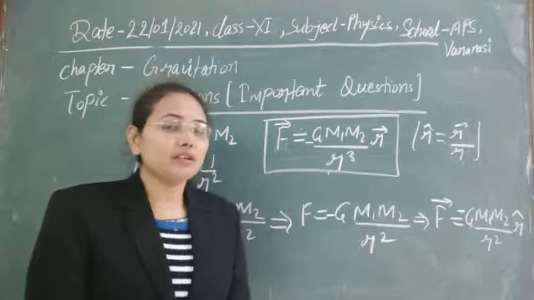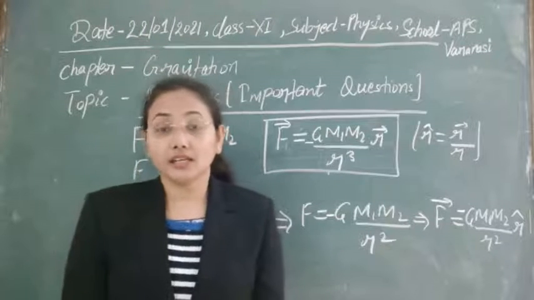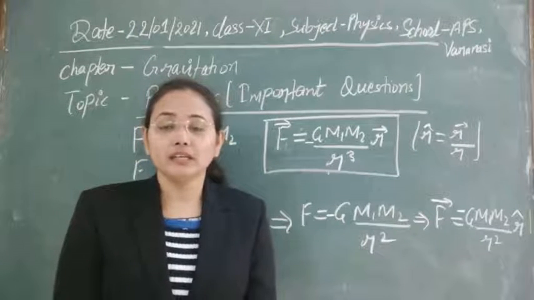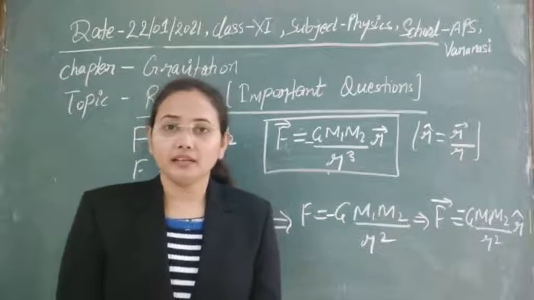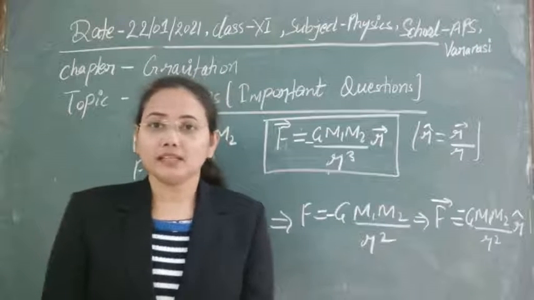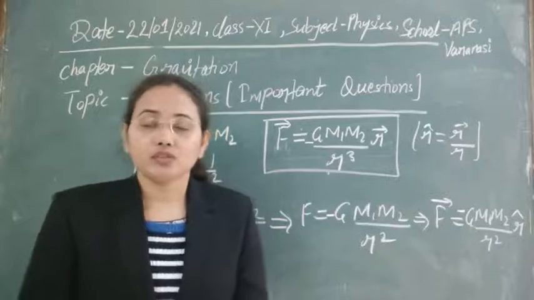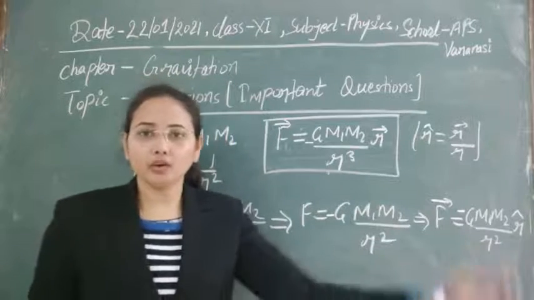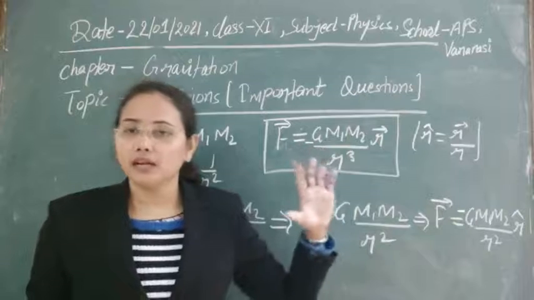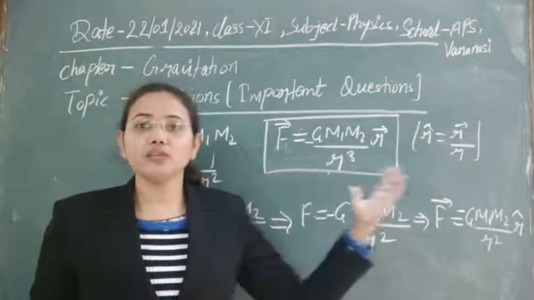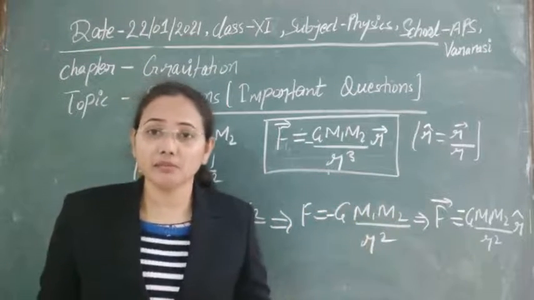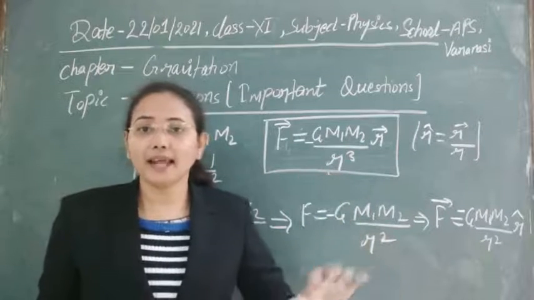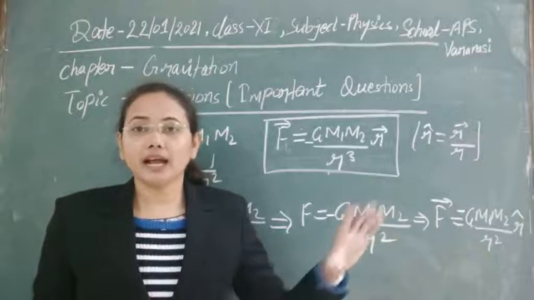As I am saying one word, conservative in nature, a number of properties are associated with conservative force. You have already studied them, so that can remind you. Here you can put all the properties in the case of gravitational force. As this force is conservative, it only depends on the position of one mass and another mass. It does not depend on the path through which we measure the force, or on any intervening medium between those two masses.